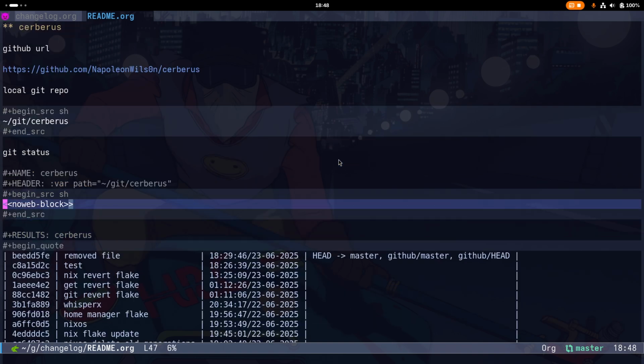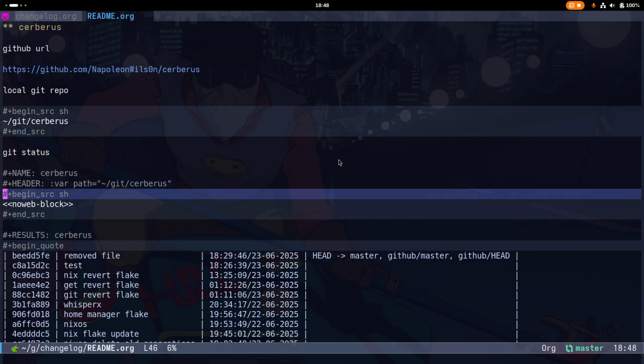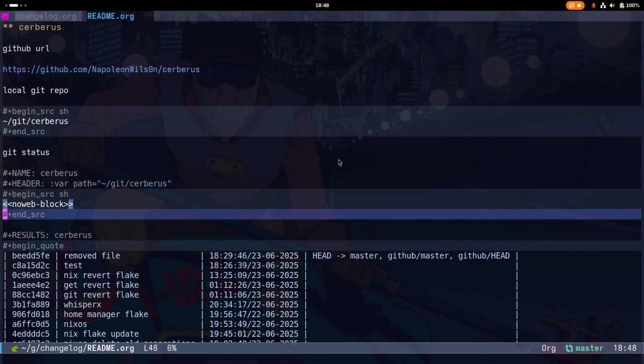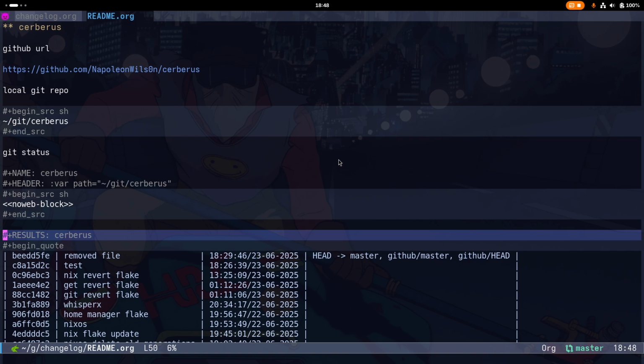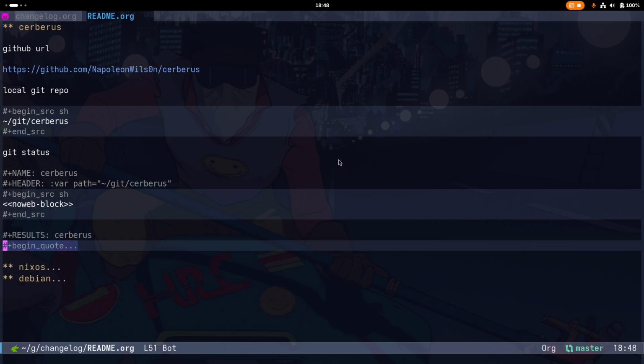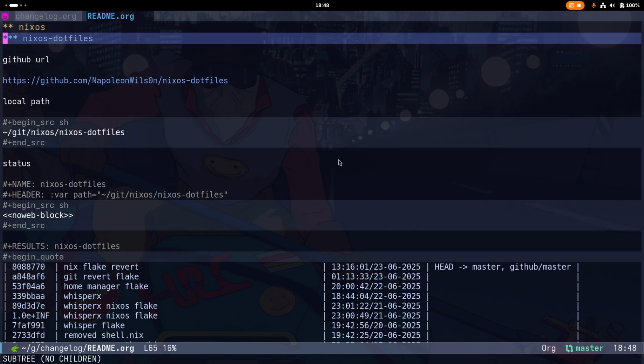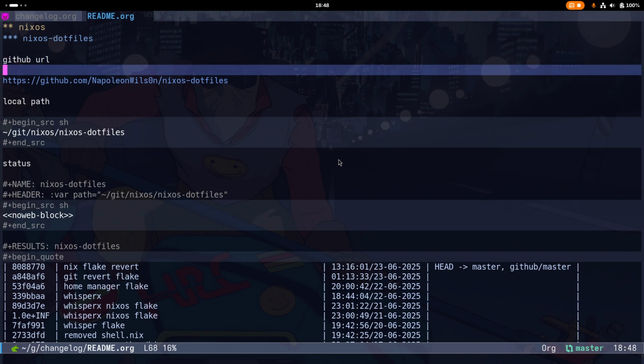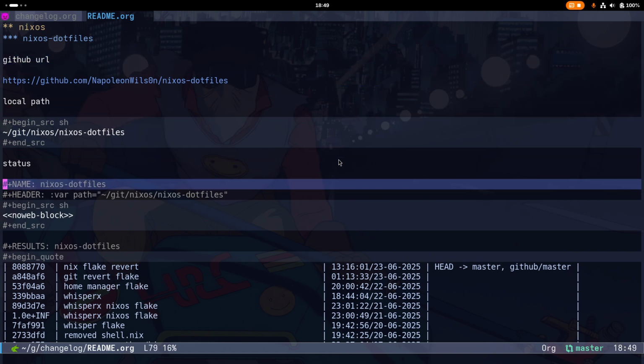And so basically, we have a nice short bit of code block here, and all we have to do is change the path. So if I come through, and when you want to collapse the code block, what you do is just come onto quotes, press tab, and so if I come in here, what you'll see is we've got exactly the same format for the NixOS doc files, GitHub URL, local path, and then you can see here we have the name,